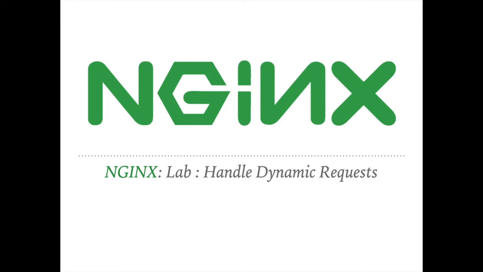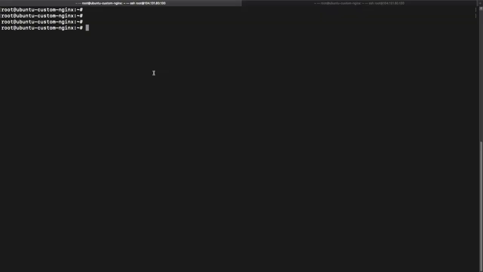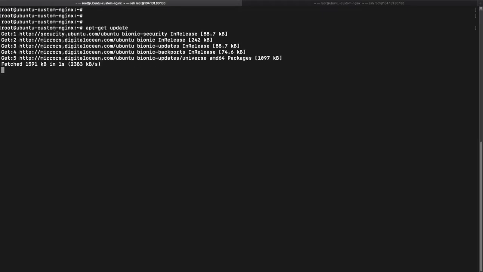So today we will see how we can handle the dynamic PHP request with the help of Nginx. Let's go to the terminal first. We are on our terminal, and to start the PHP-FPM process, Nginx first needs the installation of PHP. So first, we will install PHP-FPM in our box. For this, first we will update the package. So we execute apt-get update. Let's hit enter. This is always helpful to update the package manager first.